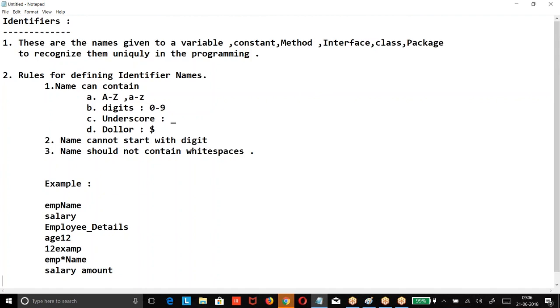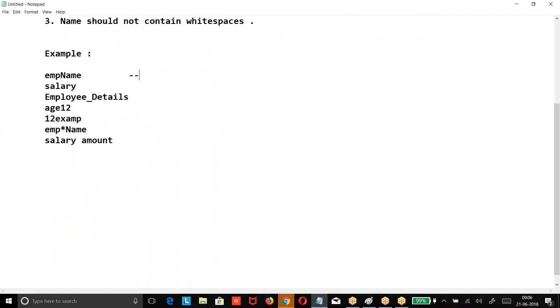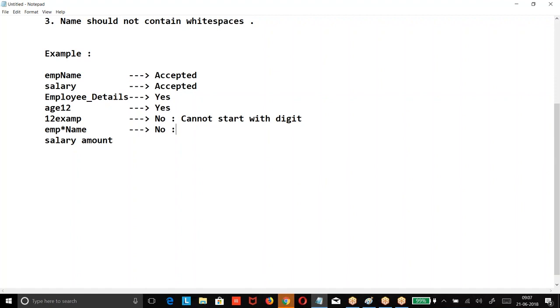When you look at this, is it accepted? Employee details, accepted. Age 12, accepted. No. Why? It cannot start with a digit. EMP star, no. Why?